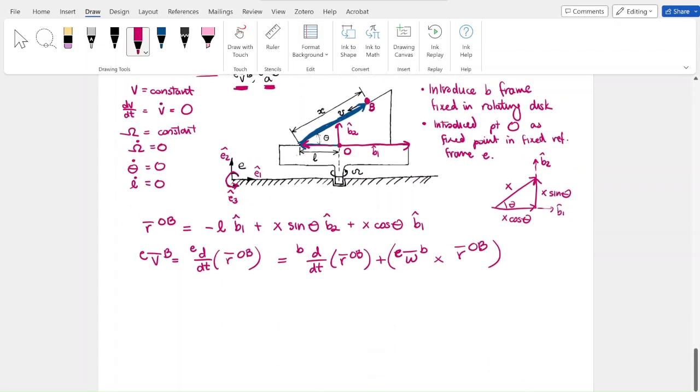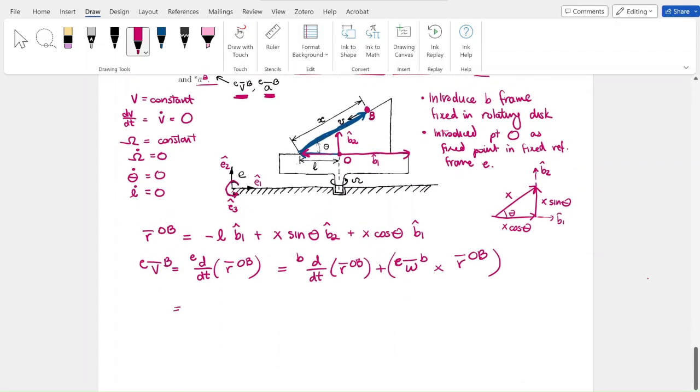So now let's do the BKE. So first we take the derivative with respect to the B frame of ROB. So that gives us negative L dot B1 hat plus X dot. Okay, so we have to product rule this. So let me write this out. The derivative of X sine theta B2 hat plus the derivative with respect to the B frame of X cosine theta B1 hat